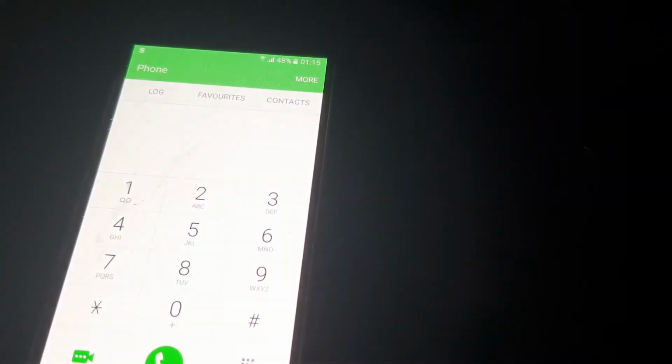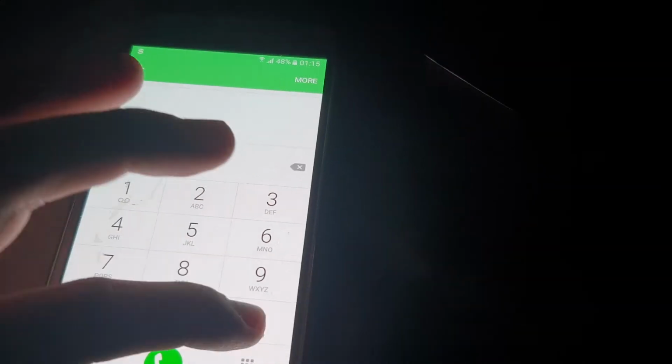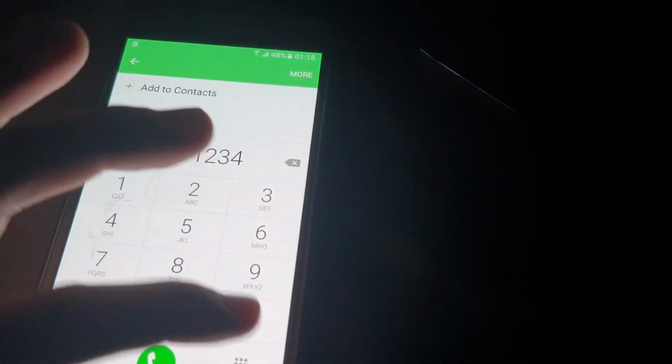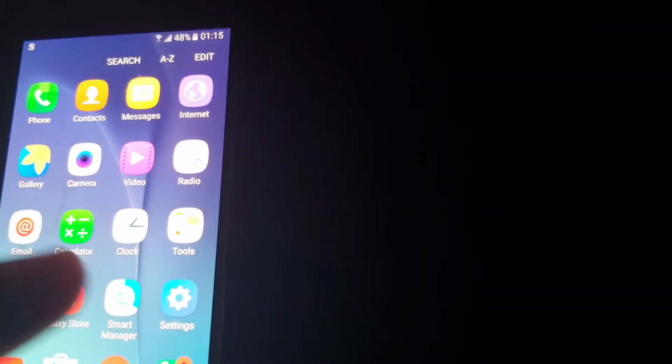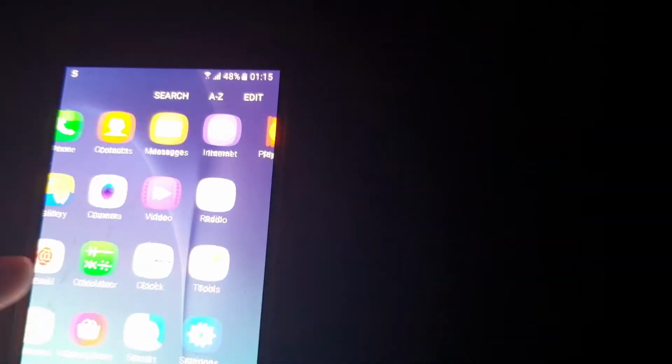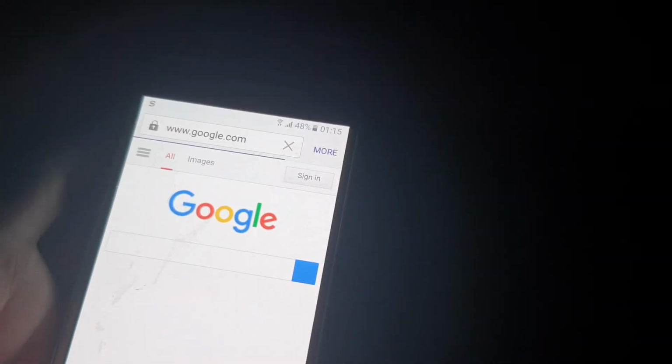I don't have a light sensor for this junk. This model is perfectly like the model for my mother's phone. My Galaxy, who needs my Galaxy? But I'm going to take a look at what kind of firmware is